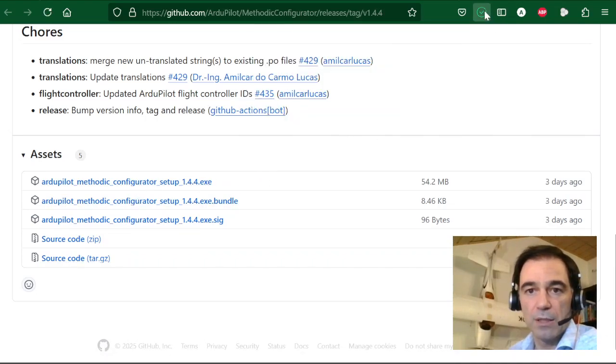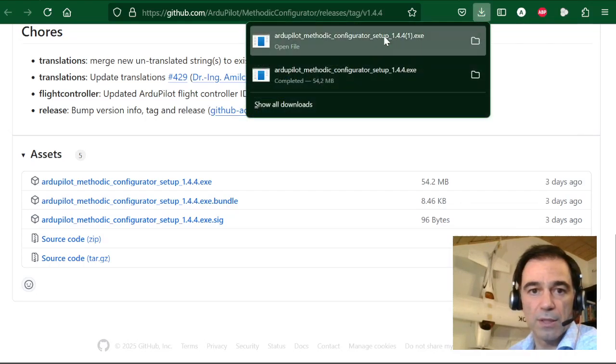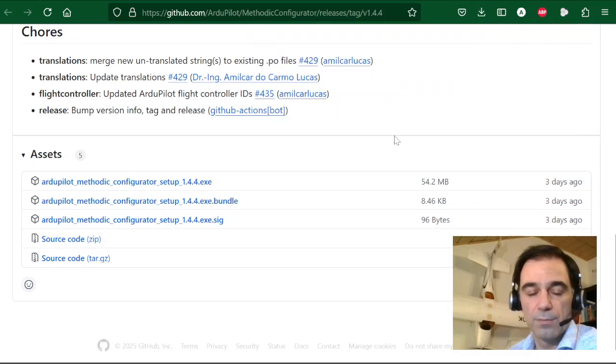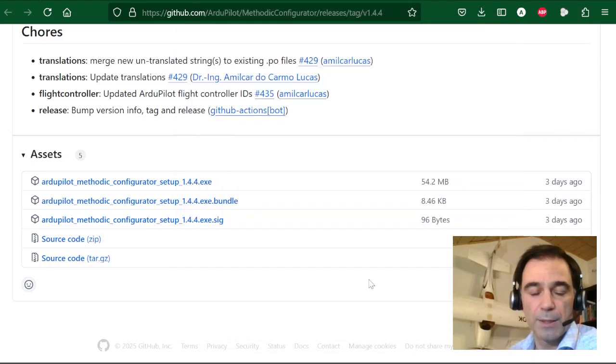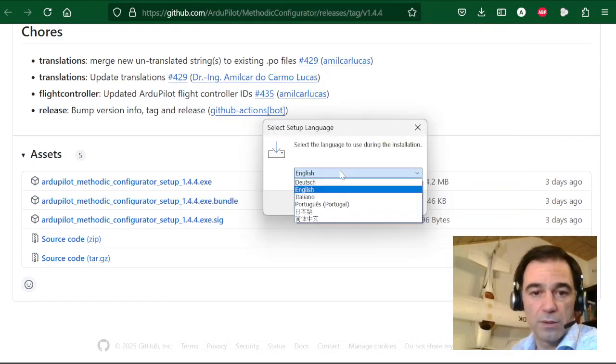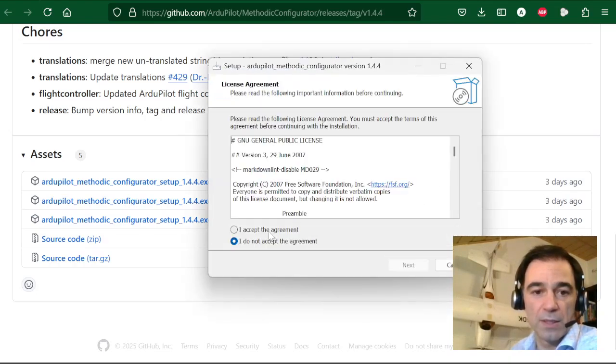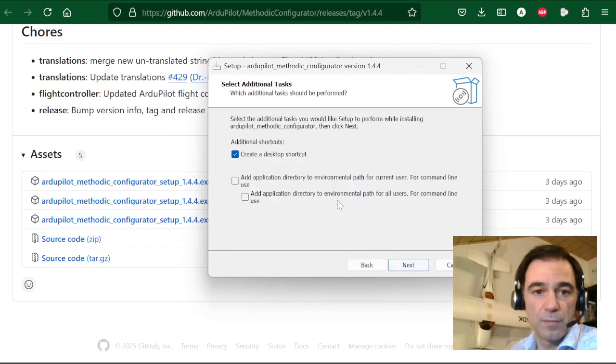And once it's done downloading, you can just select it to execute. Select more info, run anyway. As a language, you can select German, English, Italian, Portuguese, Japanese, and Chinese. Accept the license agreement. You want to create a desktop shortcut.